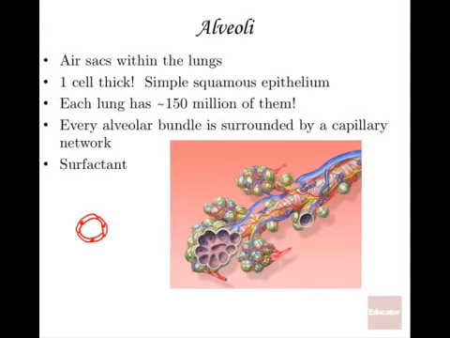But if the surface tension is too high, these little bubbles, you can think of them as being like little bubbles in the air, they would collapse. They would cease to be how they should be. So surfactant is this secretion right next to that liquid part of it that helps keep the alveoli expanded properly so that we can continue to breathe air. Now, if you don't have enough surfactant, the little air sacs could collapse.